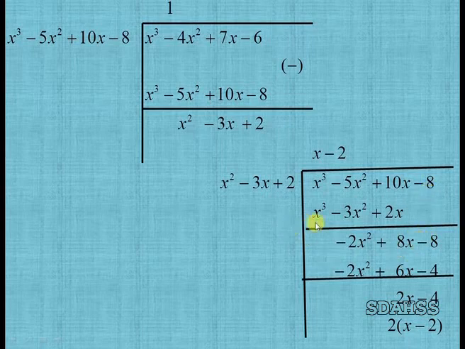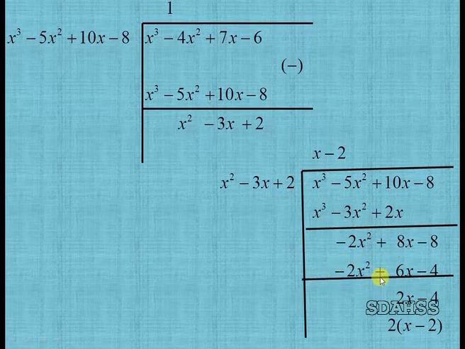Then divide the first term. Minus 2x square divided by x square, you will get minus 2. Multiply the whole expression by minus 2, then you will get minus 2x square. Minus into minus plus 2 into 3x, 6x. Minus into plus, minus 2 into 2, 4. Then change the sign, so this becomes plus and then cancel.